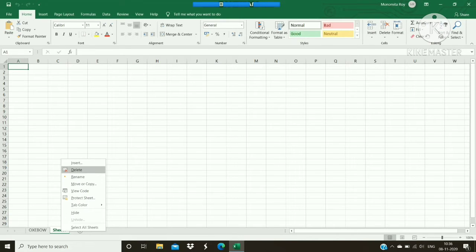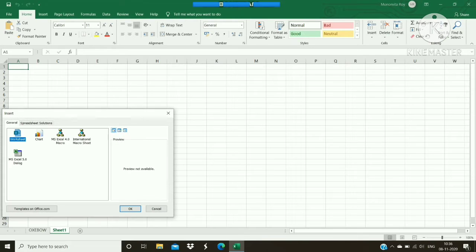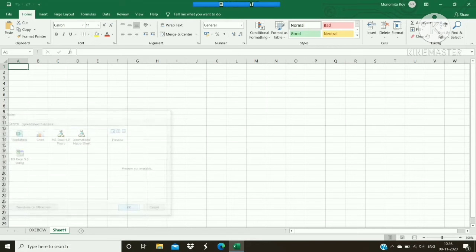We can also insert a new sheet by using the insert worksheet button, okay? So click on this and click on OK. Once we do this, we have inserted a new sheet, okay? Now the tab scrolling bar enables us to scroll to various worksheets in a little time, okay? When we are working with multiple worksheets, it is very advantageous for us, and it is located to the left of the sheet tab.